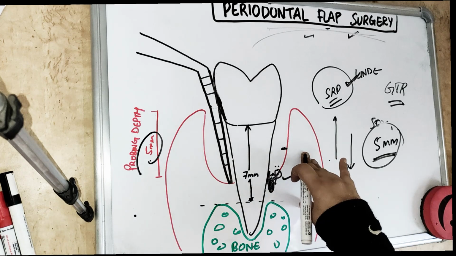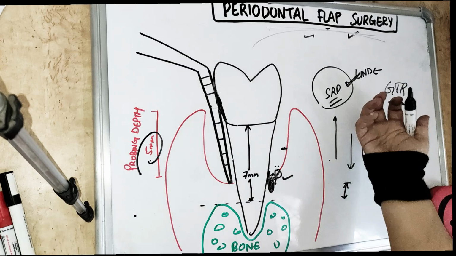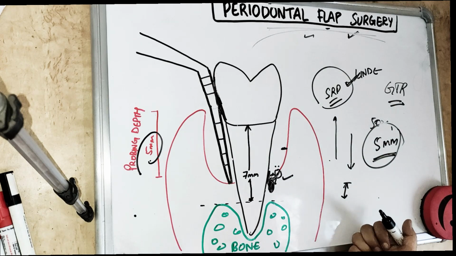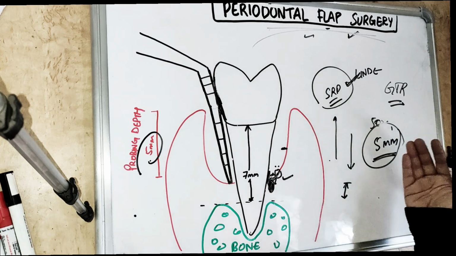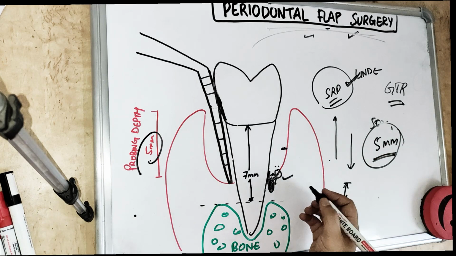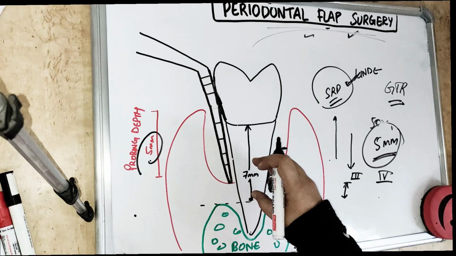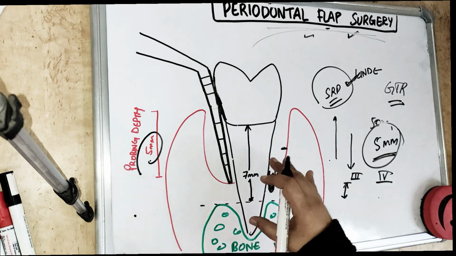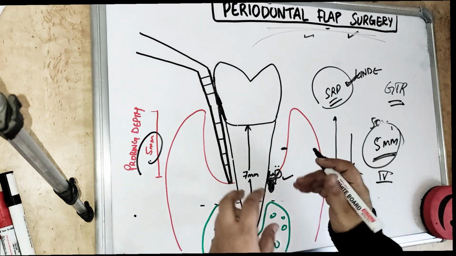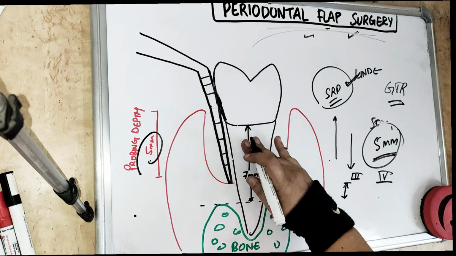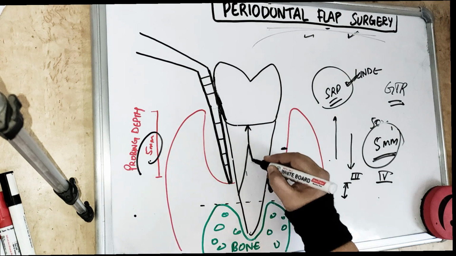And the resection surgery, we have already covered that. We sometimes shift it apically in cases of severe furcation defect, because we want to convert class 3 to class 4. So we want to remove the soft tissue. For that we are going for apical displacement. We are removing this flap surgically. Suppose this is a molar tooth.